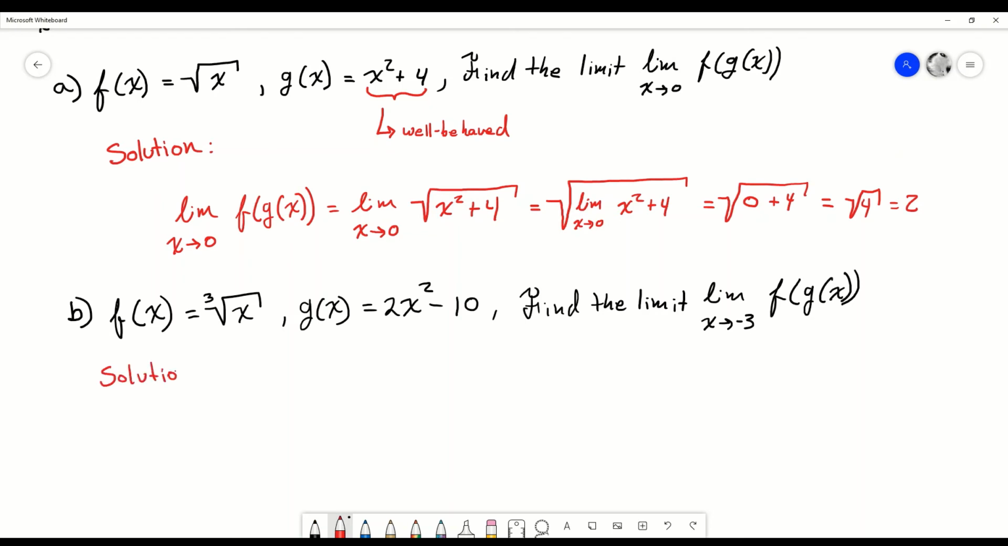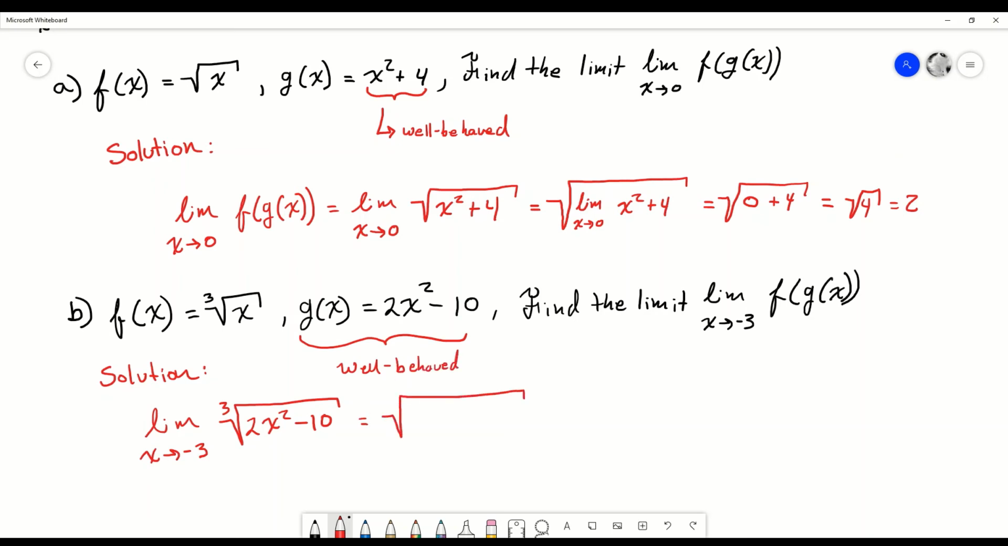So here's how the solution is going to look. The limit as x approaches negative 3. The outside function is the cube root function, and then you're going to evaluate the cube root at g of x. The inner function, g of x, is a well-behaved function, so we can bring the limit statement inside of the cube root